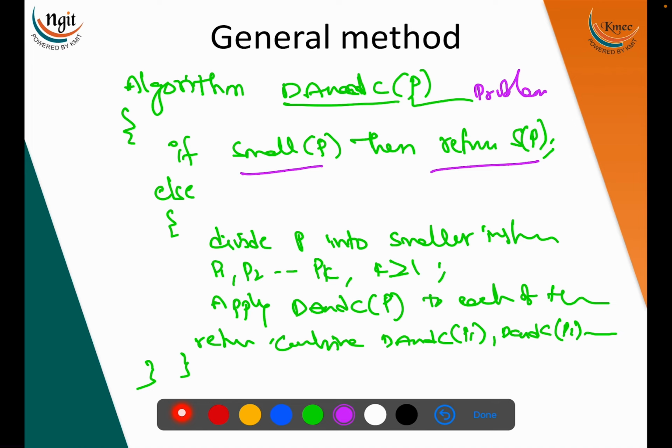Otherwise, the problem P is divided into smaller subproblems P1, P2 up to Pk, which are solved by recursive applications of DAndC. Combine is a function that determines the solution to P using the solutions to the k subproblems. If the size of P is n and the sizes of the k subproblems are n1, n2 up to nk respectively, then the computing time of DAndC is described by the recurrence relation,